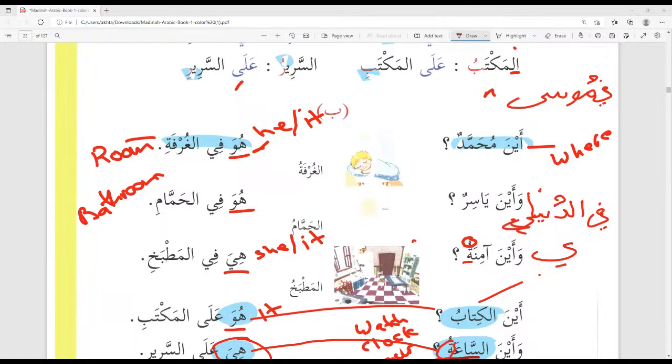Do I need to know how to write Arabic to be successful in this class? Not really, no. But practice. Because, as I said, if you don't know how to write, just practice by writing out every single lesson. So just write them out, copy the book into another notebook.